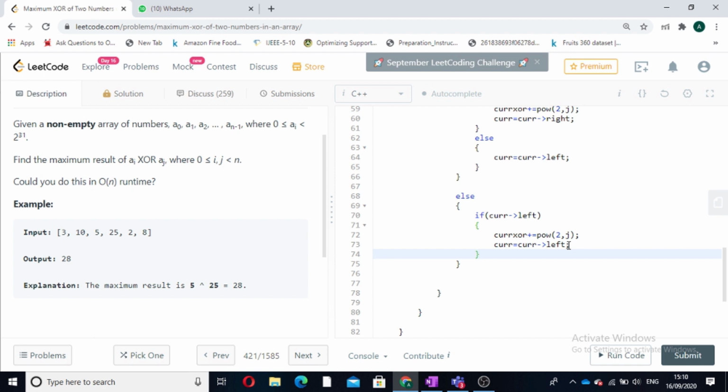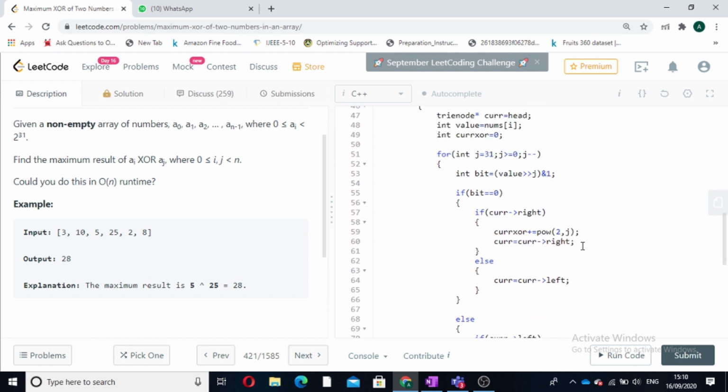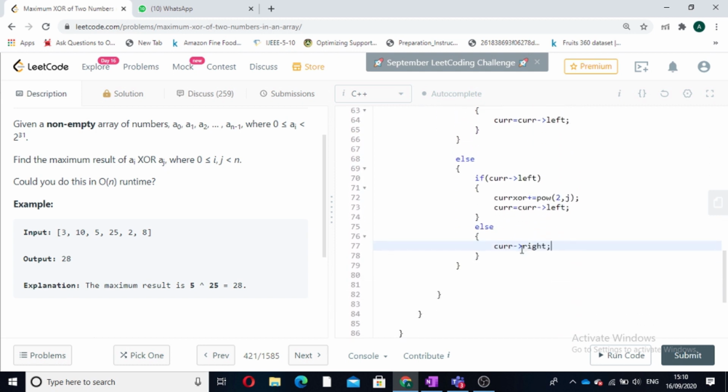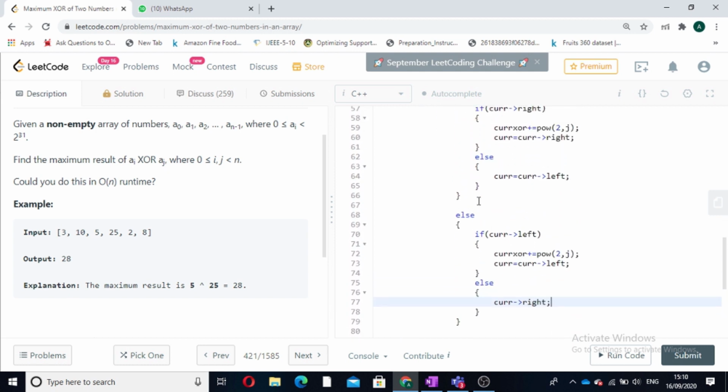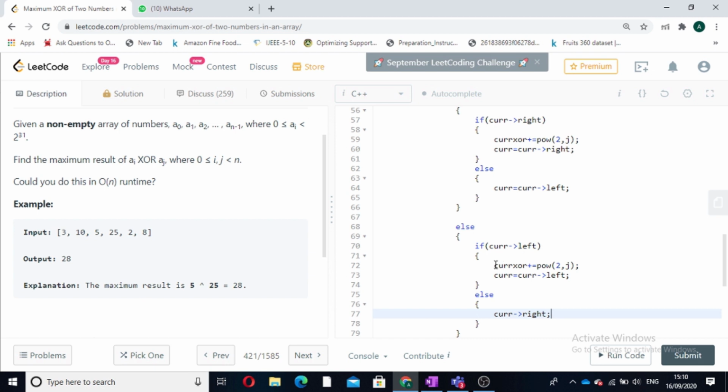Else, if the left side doesn't exist, then we are left with no other option than to move towards right. These were the only two conditions, when the bit is 0 and when the bit is 1, and we are correspondingly calculating our current XOR.